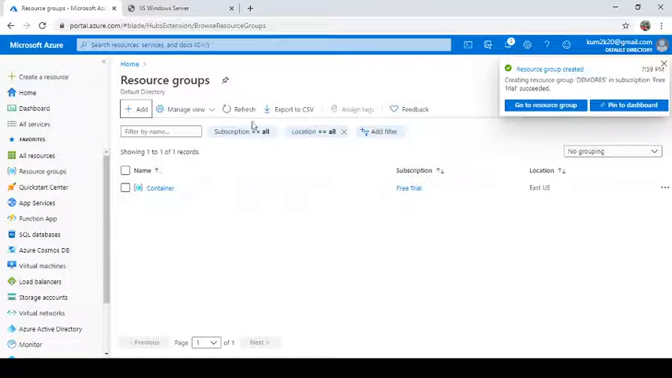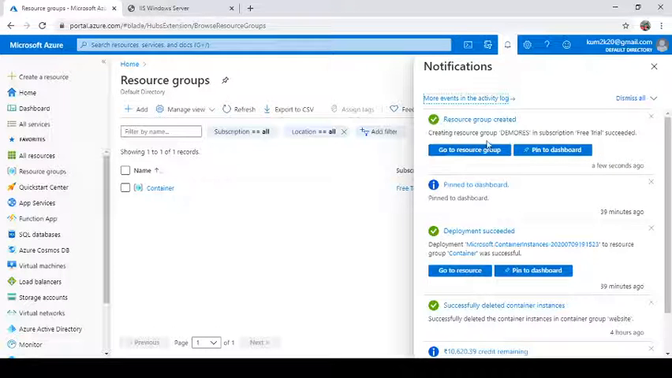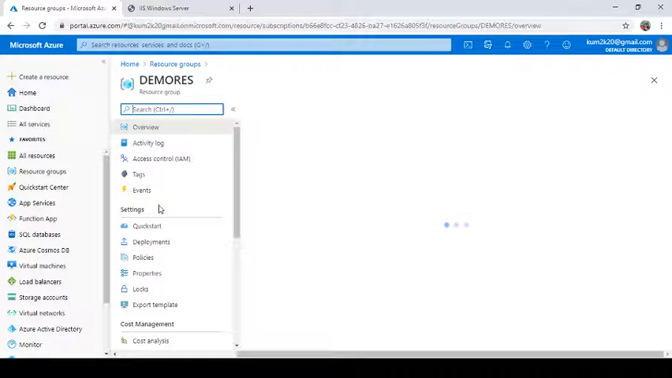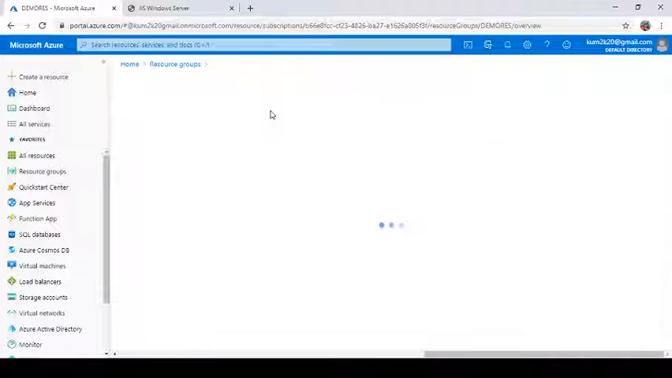Once you've created a resource group, just refresh. It will show you under your resource groups. Let's see, the resource group is created, and just wait for a couple of seconds. It will show you. So we created demo res. This is the new resource group which has just been created, and go to add